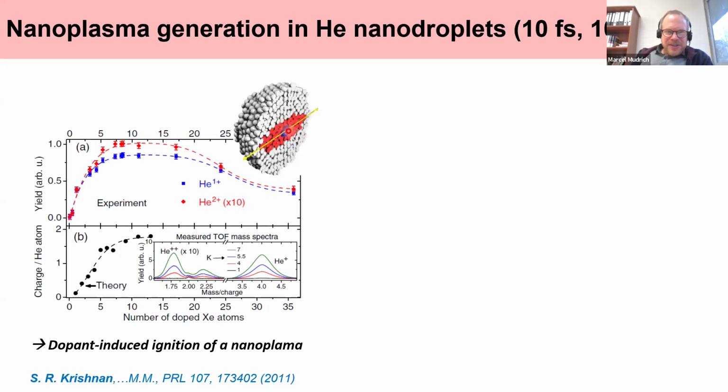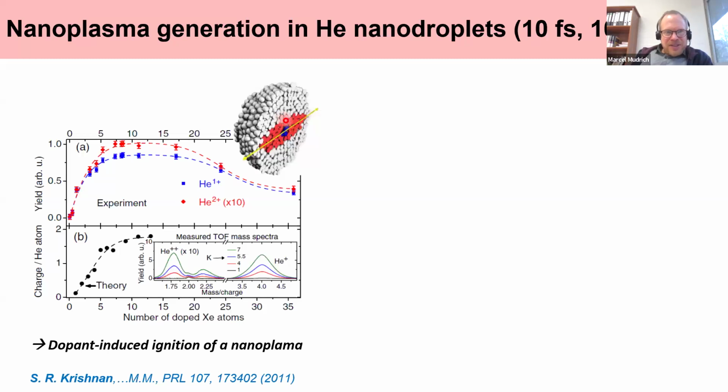So this xenon core acted as a seed to provide free electrons, which would then couple to the light field, and then by electron impact ionization, ionize the surrounding helium, first producing this cigar-shaped nanoplasma, which then expands into the whole nanodroplet